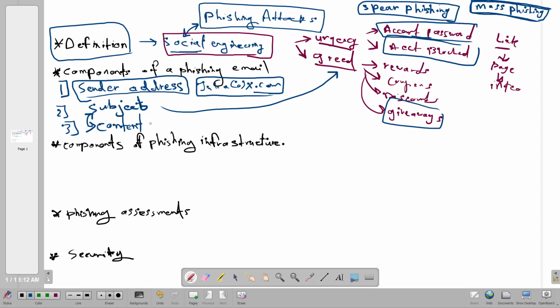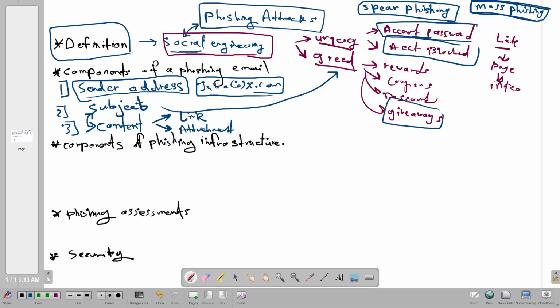And the content might either include a link or it could include an attachment, depending on your goals. If your goal is to harvest user information, you're going to include a link in the content. For example, having a link in the content that claims to guide users how to change their password. An attachment could be a bill, or a statement, a bank statement, whatever.